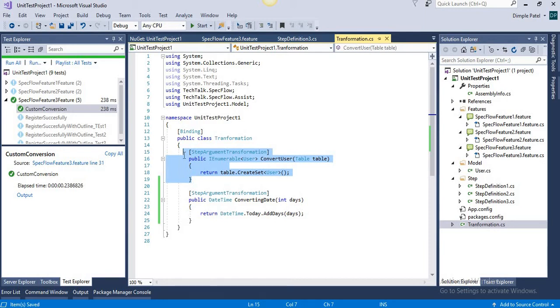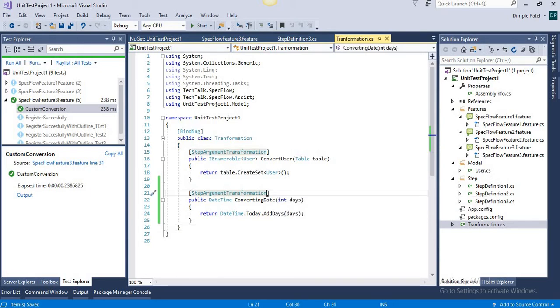In the table, we know that whenever a Gherkin has a table with some user-level data structure, it automatically converts the table into IEnumerable of User. But how will it understand that I have to convert to DateTime here? Because in a scenario we might have multiple integer values, and it is not going to calculate the time for each and every step. So how will you specify?